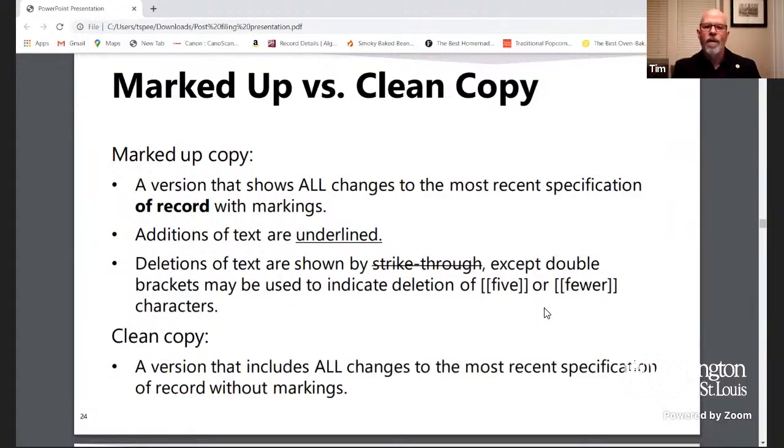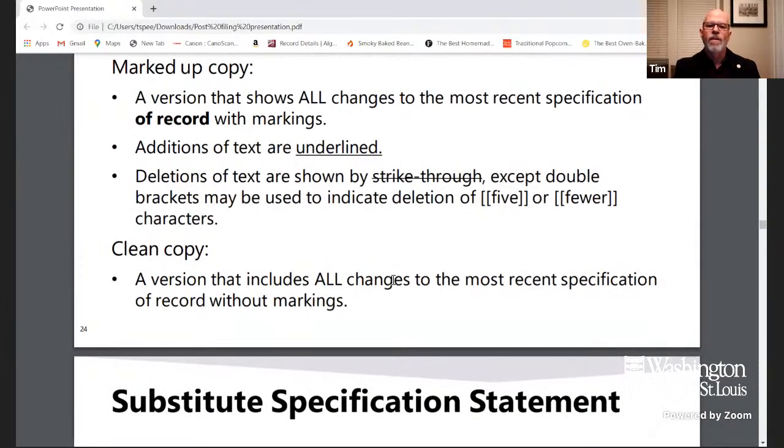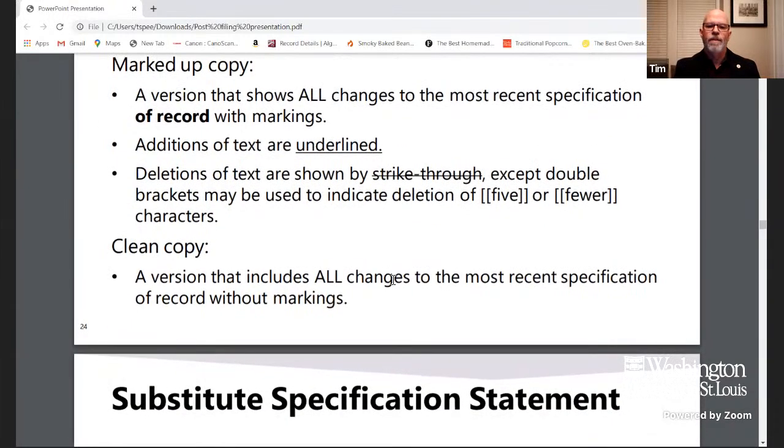They're talking here more about how you do this. These are, again, very formal requirements about how you add text and how you delete text with strike throughs or underlining. Again, if you get to that, it's a little weedy, I think, for what we want to talk about here.